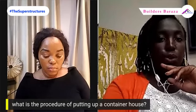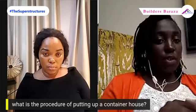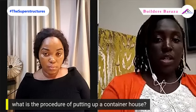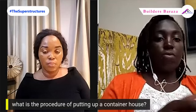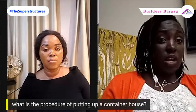First, when you want to do a container home, you first need to know the size of house you're looking at and the design that you're looking at, even before you buy your containers. It's from the design that you'll know the number of containers that you'll need and the orientation of containers. That way you'll know if maybe at some point you will be able to save a container or two, because